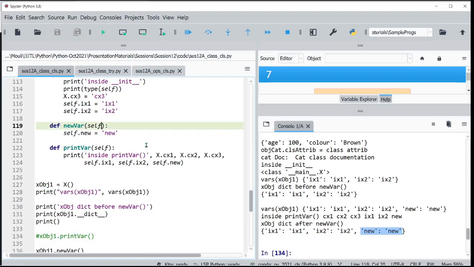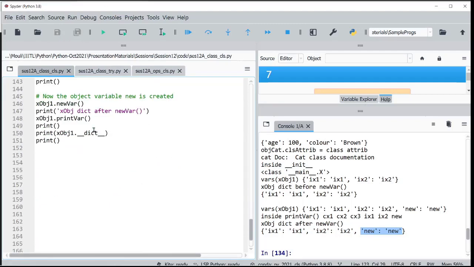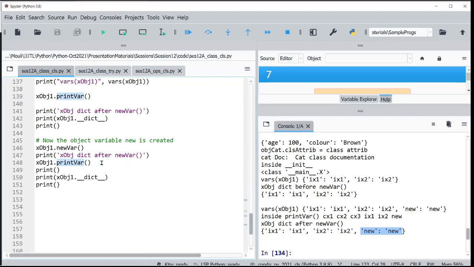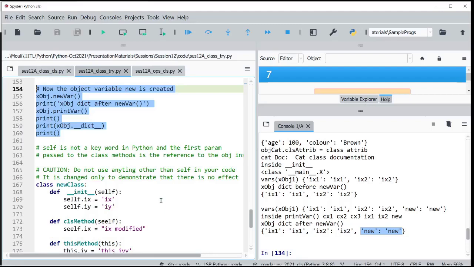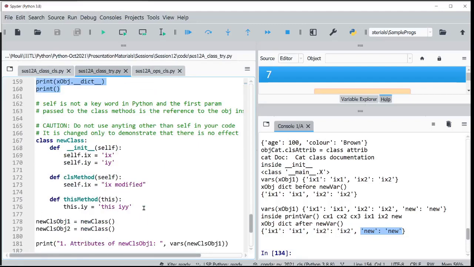Let us do something for fun. New val equal to, okay, no, I don't want to do that now. I don't know what I am trying to do here. I think it is there already. I already copied, so it's no fun here. There is nothing, I don't need to do it. Now let us take a new class.